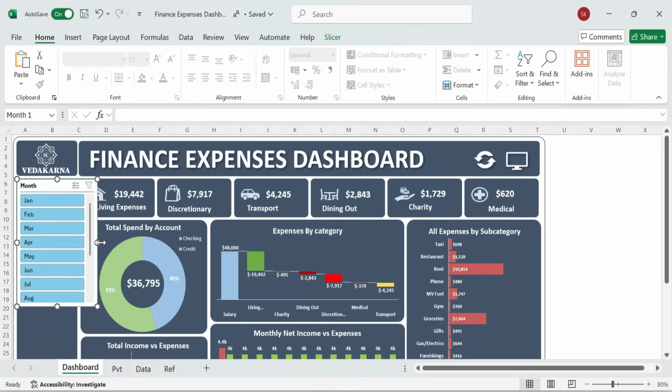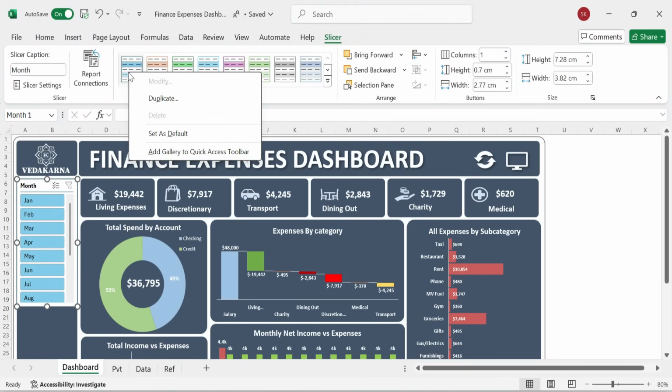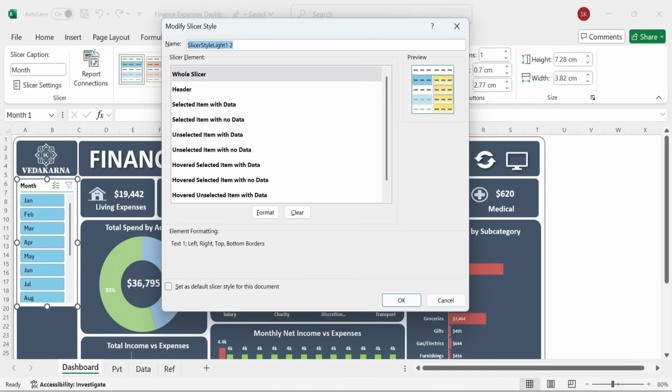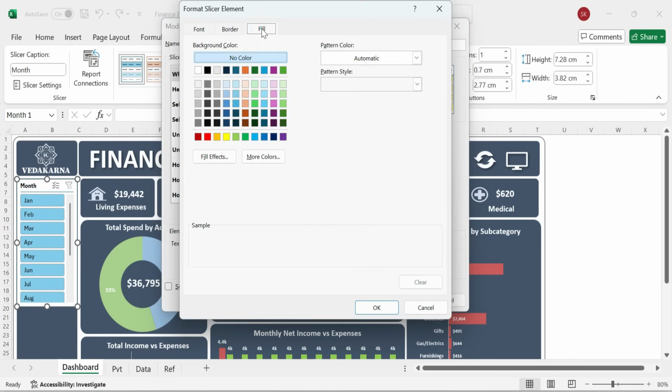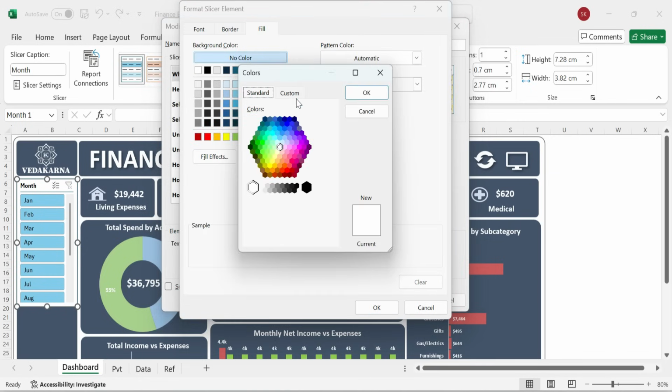The default slicer doesn't match the dashboard design, so let's customize it. Go to the slicer and select Duplicate. Give it a new name. Format the slicer by doing the following. Go to Whole Slicer, Fill Options, and select a custom color,